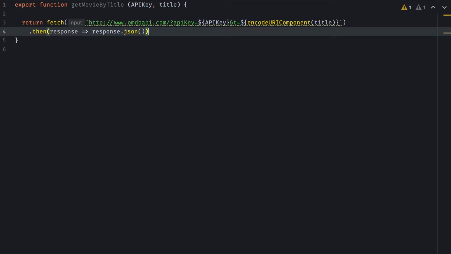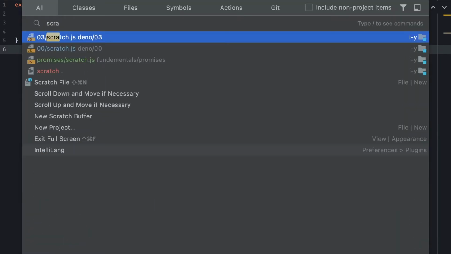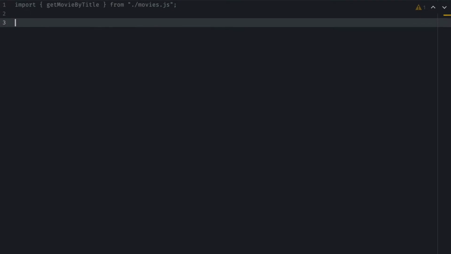as JSON. So if I want to test this, I can just bring a sketch file, import my function from movies.js and call the function